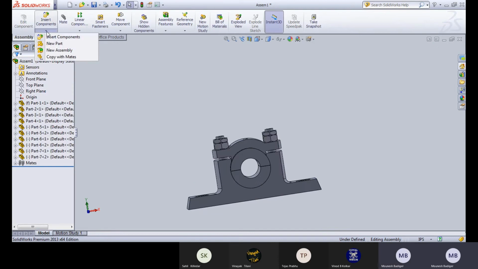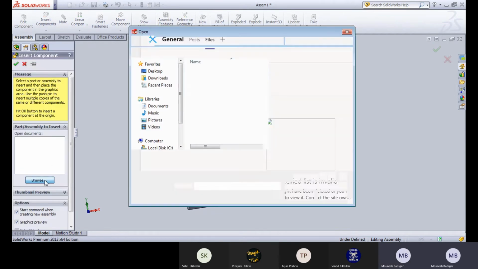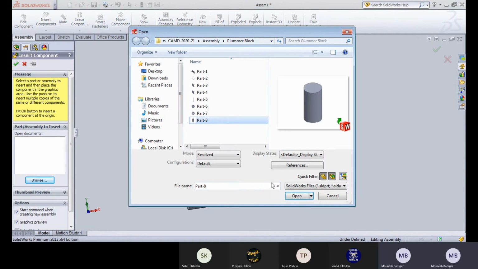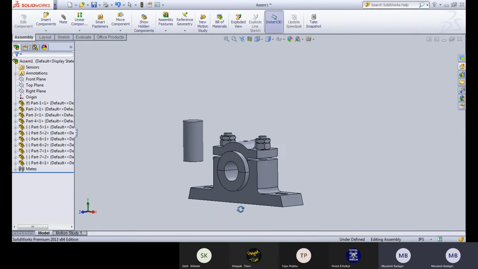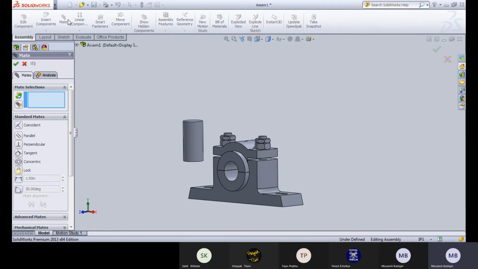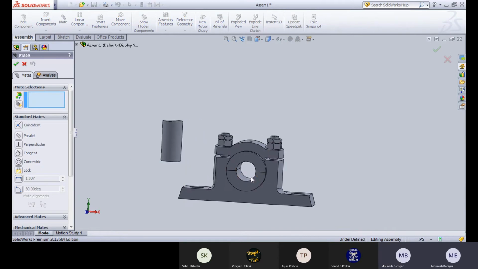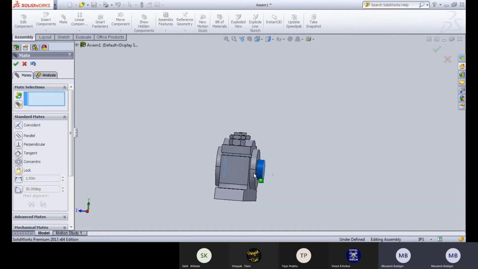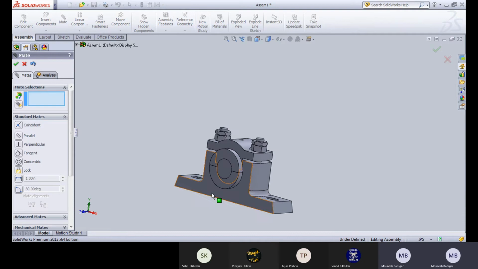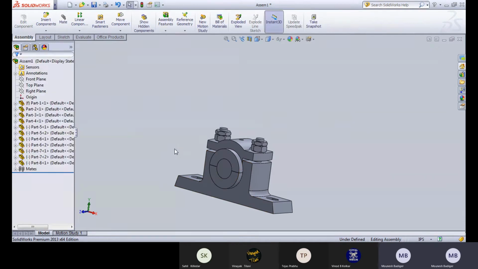Okay, now go to the last component, the last part of this. It's part number 8. This shaft has to be inserted. You can go to this, it must be inserted. These two must be in the same alignment. You can just move it a very little bit, and it will be there. Or else what I can do,